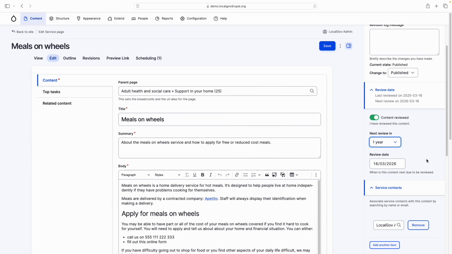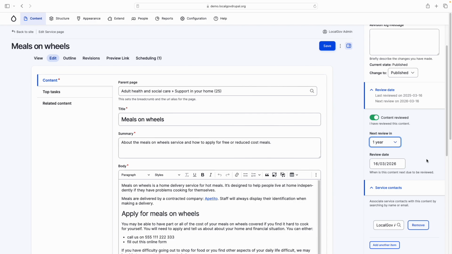In terms of what happens, that's kind of up to you how you set it up. So if that person has a login, they could log in, review the content, make a change, set it to be approved, or they could just tick that box that says I've reviewed the content, and they could reset the new date and they would just save it. If they don't have access to your content management system, then they would get the email and they would basically follow the process that you dictate. So whether that's contact the main team with changes,